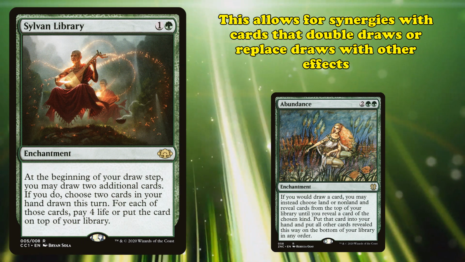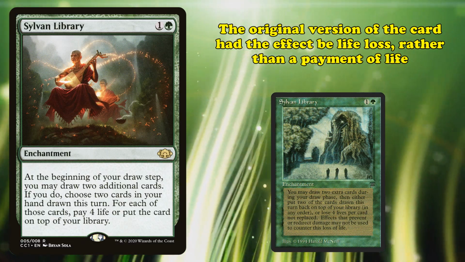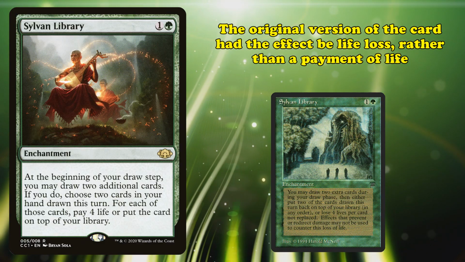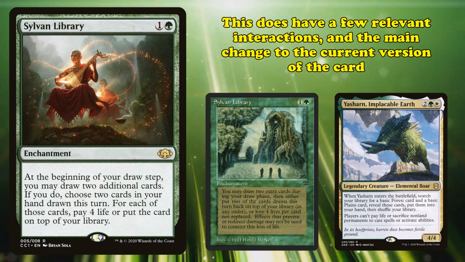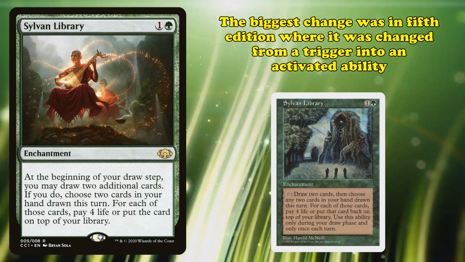This effect is also the source of much of the confusion with the card's templating and wording. The original version of the card in Legends specifically counted the damage as life loss as opposed to paying life like the modern version. Although minor at the surface level, this does have some relevant interactions and set precedents for the card's functionality changing. Of course, the card changed the most drastically with its printing in 5th Edition, where its effect was